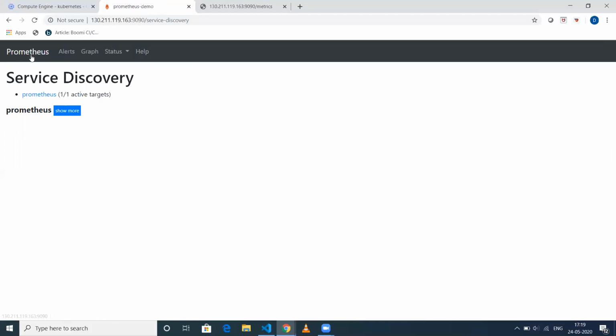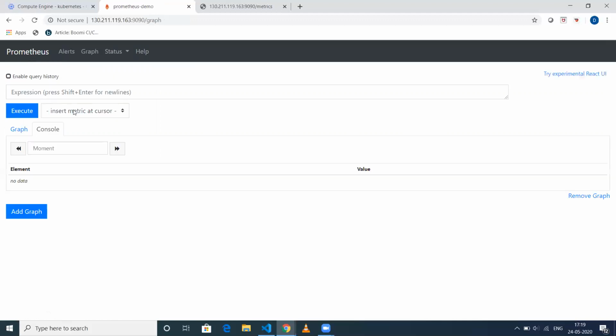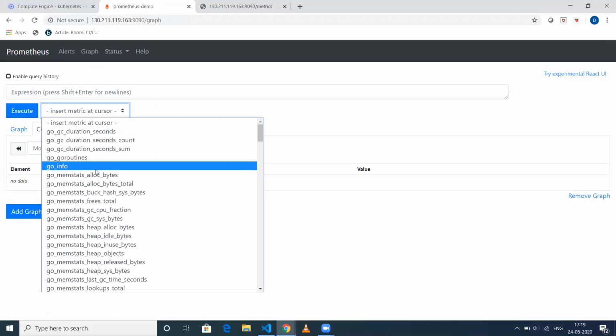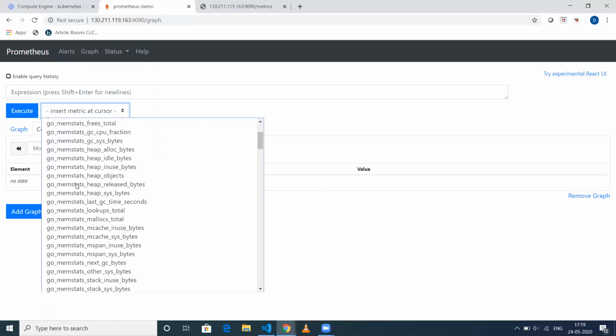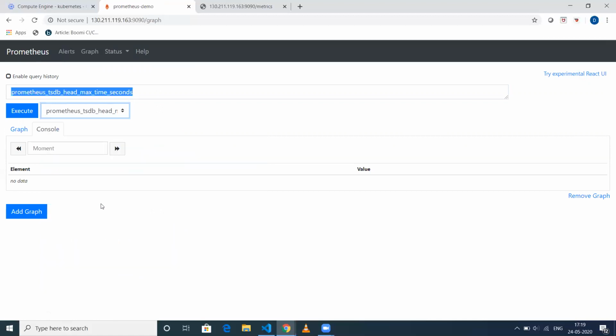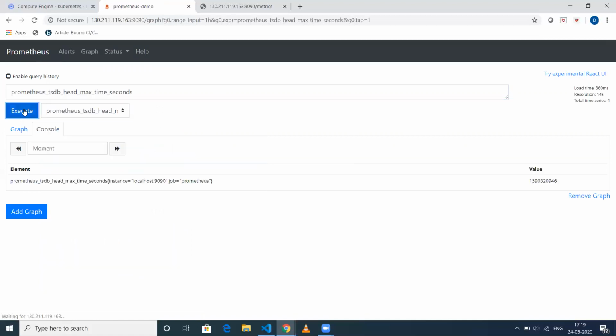Now let's go back to this Prometheus tab. Prometheus is written in Golang, so that's why you'll be able to see many metrics related to Go as well. If you want to see any metric, you can just click on it and execute it.